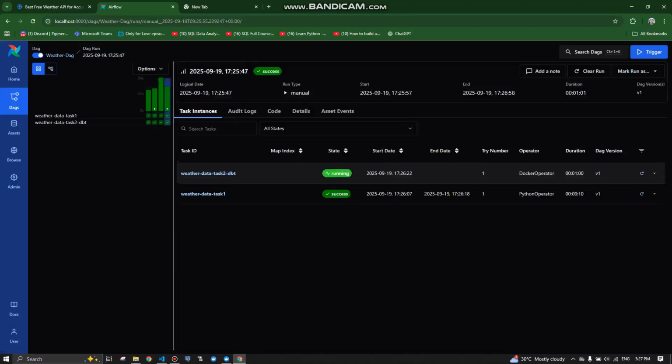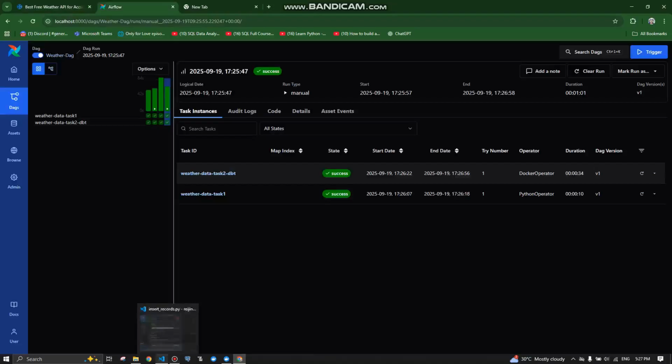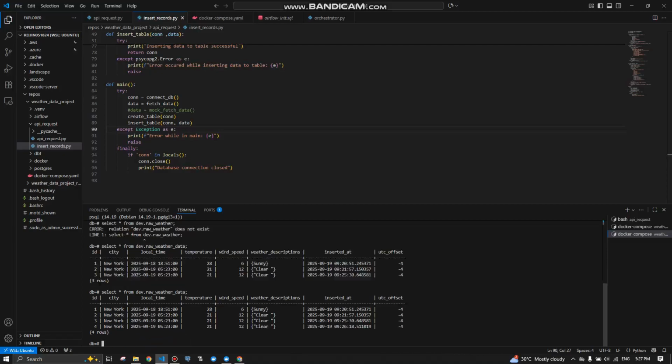So I set the 5 minute interval for Airflow to trigger every time because WeatherStack has a 5 minute interval to send the data to the users. So let's see again. It should be updated. This weather data table should be updated. As you can see, earlier it was only 3, so now it's 4.